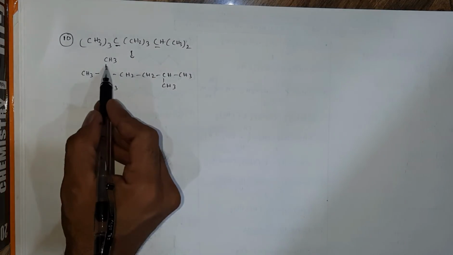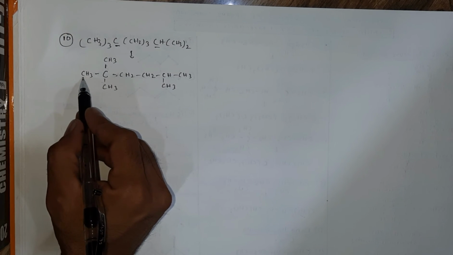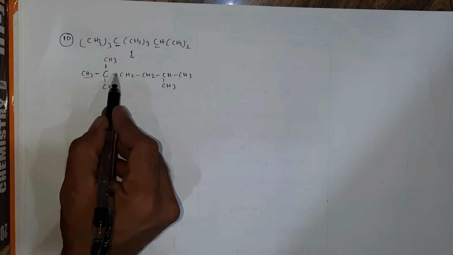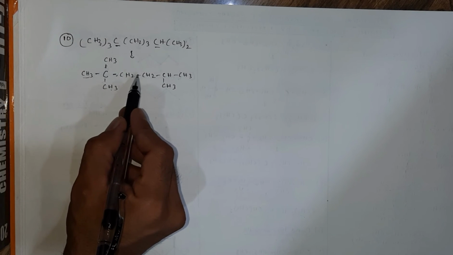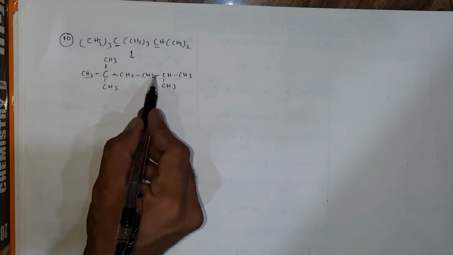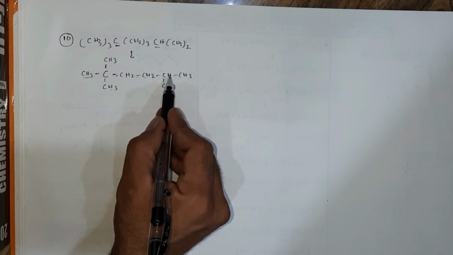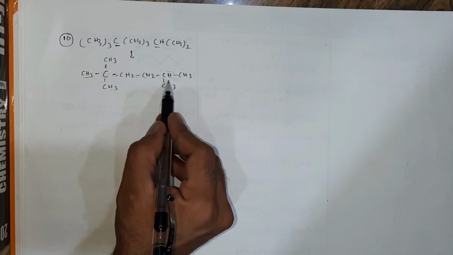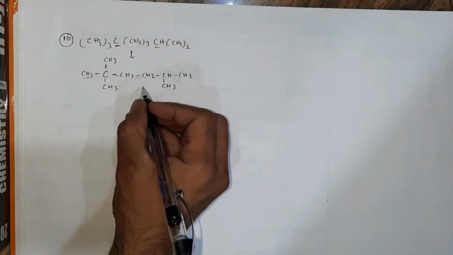Count the valency. This carbon 1, 2, 3 tetravalent. This carbon 3 with hydrogen 1 here, 4. This carbon 2 hydrogen 3 and 4. CH, C attached to H, 1 valency, 2, 3, 4 valency. If your structure is correct, then every carbon will be tetravalent. Okay, now convert to bond line.